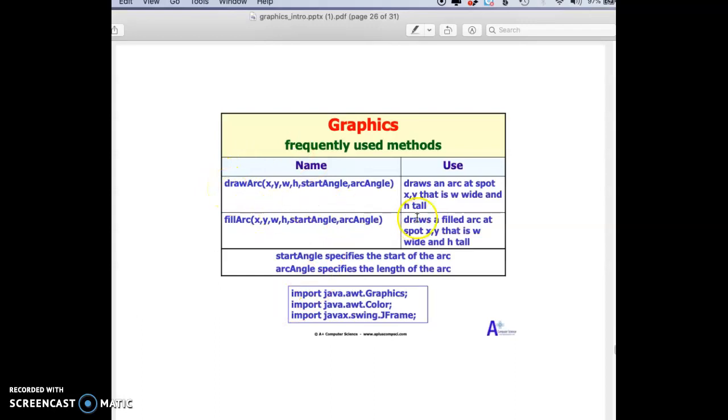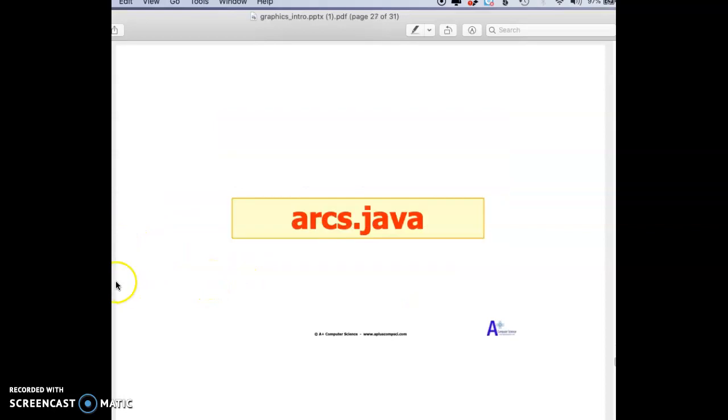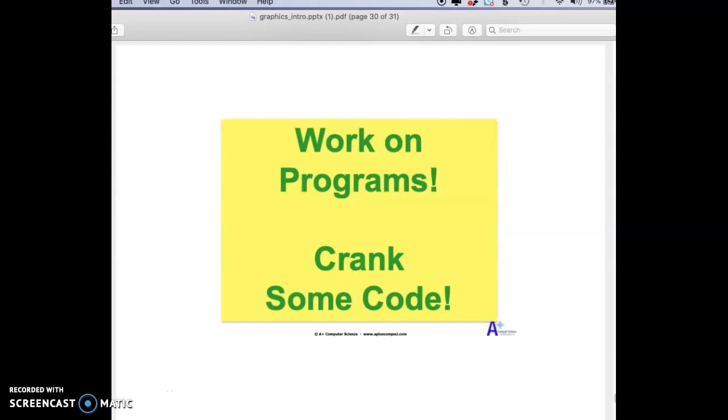This document does have some of the notes. So draw an arc, fill an arc. It tells you the XY, it tells you what they are, but also on the documents, they also have what these XY, WH, start angle, arc angle are. So you can play with them, manipulate them to draw your image. Okay, and then we have all of these different ones that you're going to want to check and play with a little. So give it a shot, see how it goes, and I'd like you to draw an image,